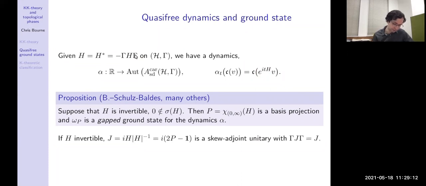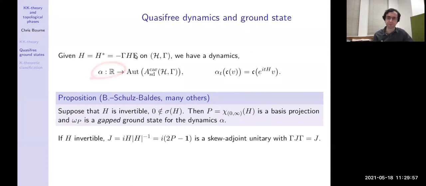In general, this is true for any old Hamiltonian that satisfies these relations, but we want to talk about gapped ground states. The nice result is that precisely when you have an invertible, so-called BdG type operator or Hamiltonian, you can build a basis projection just by taking the positive spectral projection of this operator, because of this relation: gamma will map positive energies to negative energies, so I need only one half. I get a basis projection, and in particular, the quasi-free state built from that basis projection is a gapped ground state